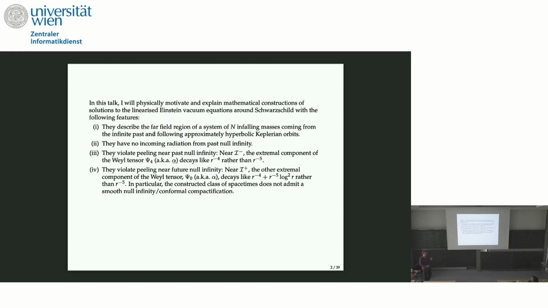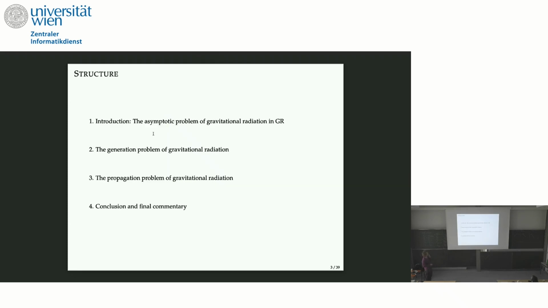So in particular, the constructed class of spacetimes has a direct physical motivation and does violate peeling everywhere. And fifthly, these spacetimes decay slower towards spacelike infinity than typically assumed in most stability works. So this 5th point is more of interest to people who work on stability problems in mathematical general relativity, but I thought I might still want to point it out here. Right, so that's the general gist. In principle, you could go home now, but now I will give a bit more detail.